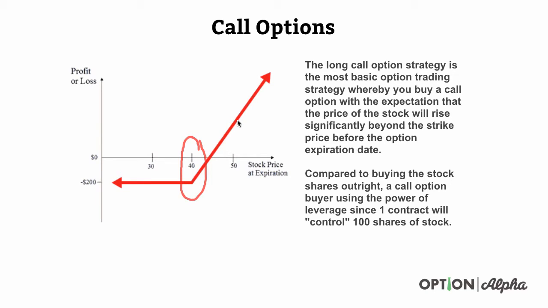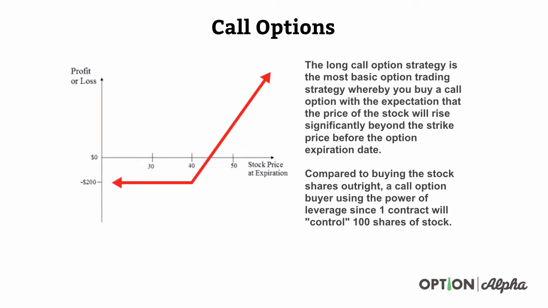Now, your expectation, obviously, is that the stock price is well beyond the 40 price at some time in the future before the expiration date. So if right now the stock price is, let's say, $30, you're going to hope that it's beyond $40, because that's your strike price, and it's beyond that price point in the future